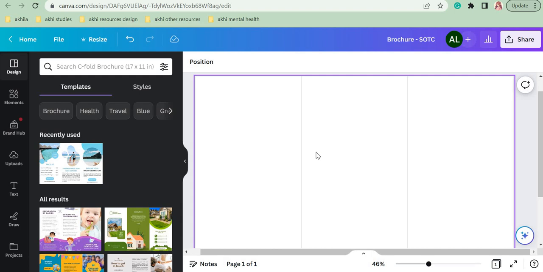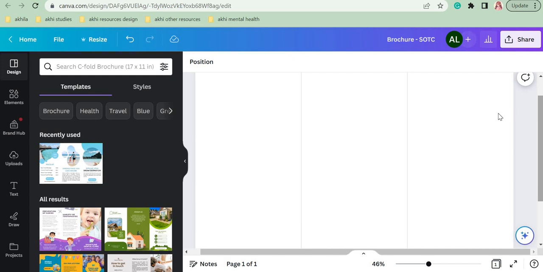Okay, what is it? And then select any 3 places which will come under that topic. So once you've selected this, it will be very easy for you to start designing. So first, I'm going to put a picture of Varanasi on the front page. This right side page is the first page that you will see in the brochure, like your cover page. Okay. So I'm going to put a picture of Varanasi over here.